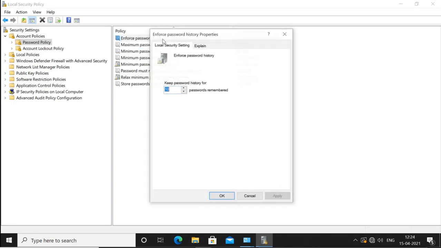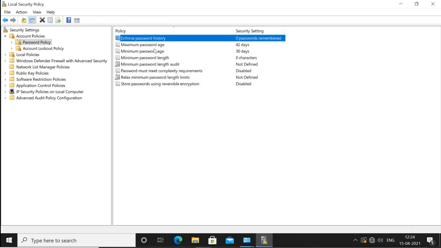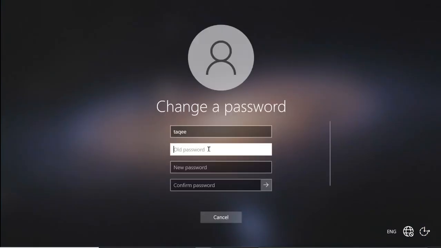I will remove this policy right now. Now you can see the password age is 30. Remember, I could change the password any time before, but now it will not allow me to change it because the minimum days are 30. So let's say I want to change the password again. Right now my password is ABC@123.